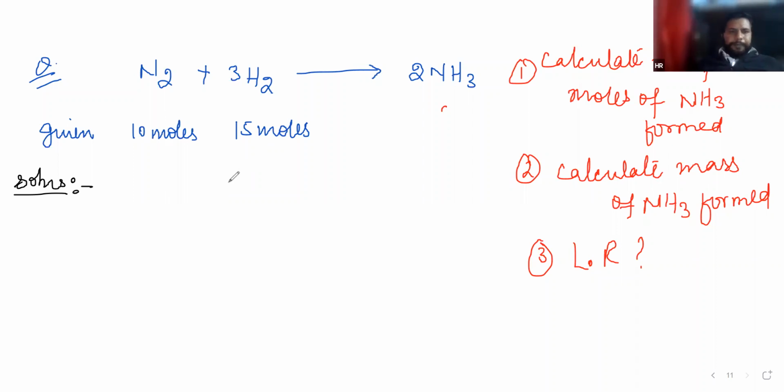So for the second one, we have to use density formula. No, you don't need the density formula. Why will you use density formula? If you have number of moles, you can calculate mass. Number of moles is equal to given mass upon molar mass. You know the molar mass of NH3. You have found the moles of NH3. Arsalan, let me know if you are unable to solve this question.